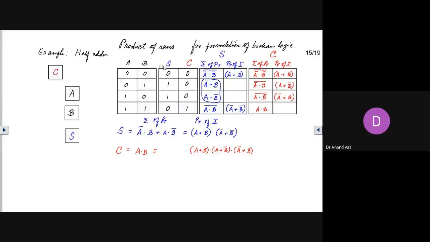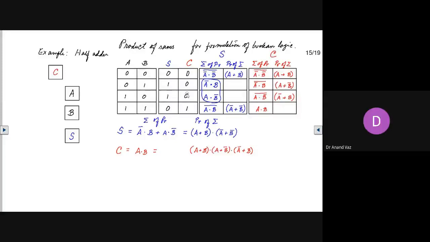So the same thing over here, in the same way, if you use the product of sums method here, again you can see that the outputs are 0 here and 0 here, and you have inputs 0, 0. So this will be A or B. This will give you a 0. Here you have not A or not B. This will also give you a 0.